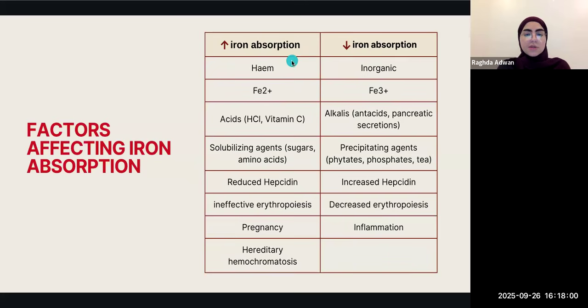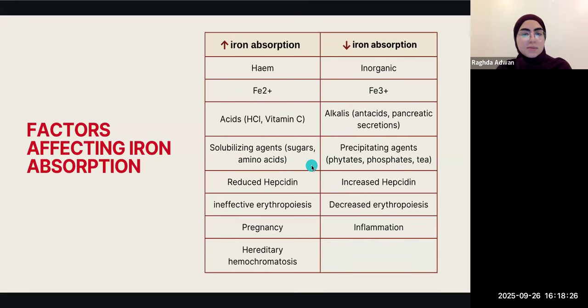The second, another thing is heme. Heme is a non-protein form, part of hemoglobin, and it's found in the meat sources of iron. So in meats instead of vegetables. That's where heme iron is found, and that is a more readily absorbable form of iron. Other things that increase absorption are acids, such as vitamin C,